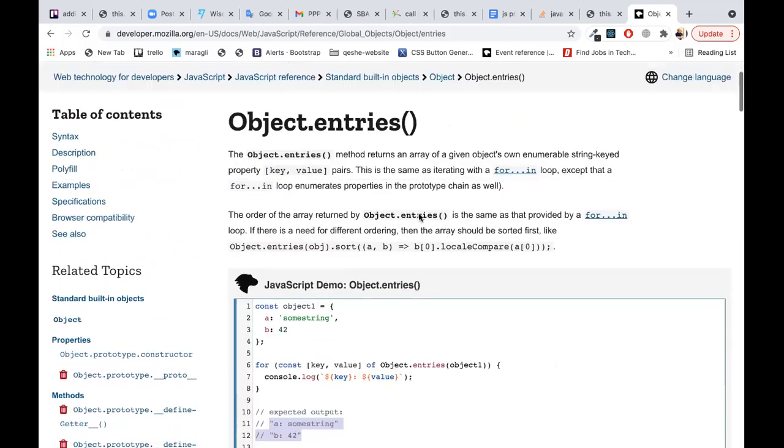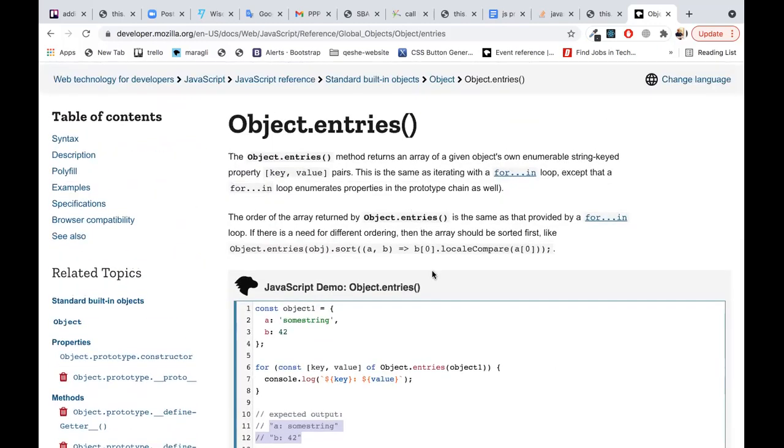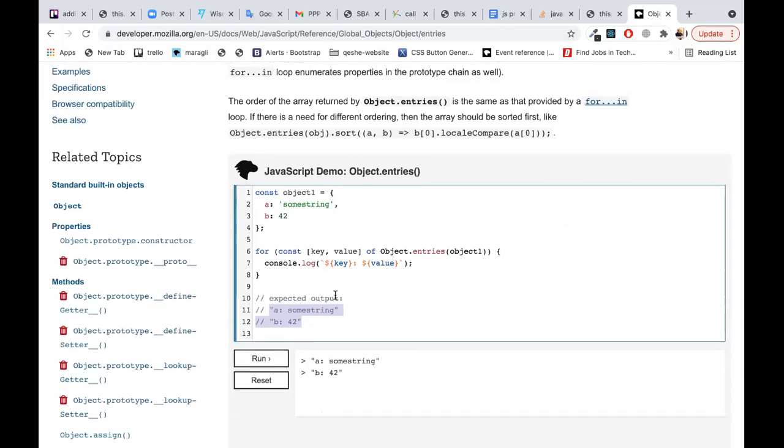Right. This one also comparing. You told me already this one. And this spread operator is for cloning.